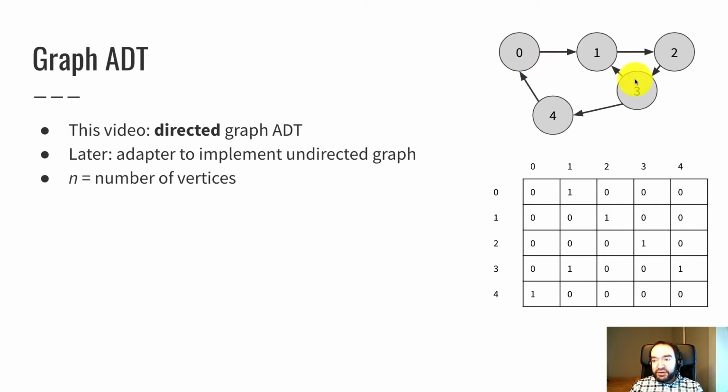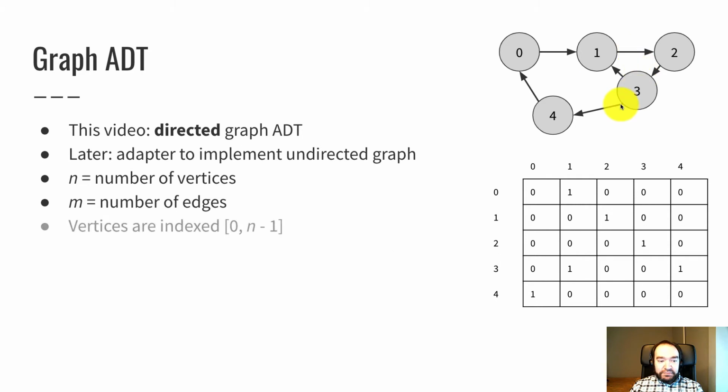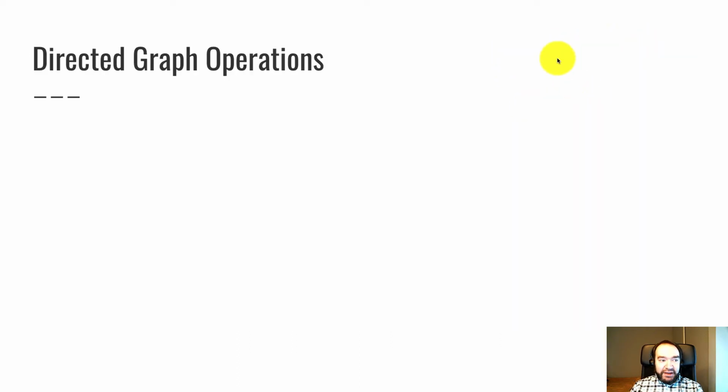There's a common notation used here, which is n is the number of vertices in a graph. So this directed graph up here has 5 vertices, and m, it's unfortunate they sound similar, but it is what it is, m is the number of edges. If I count the number of edges here, it comes out to 6. Vertices are indexed 0 through n minus 1. So just like in the sketch here, every vertex has a different index starting from 0, just like array indexes.